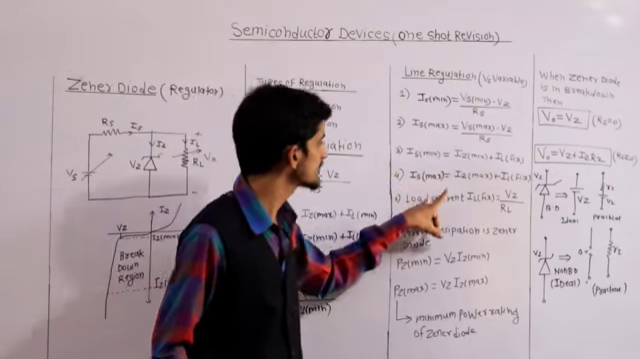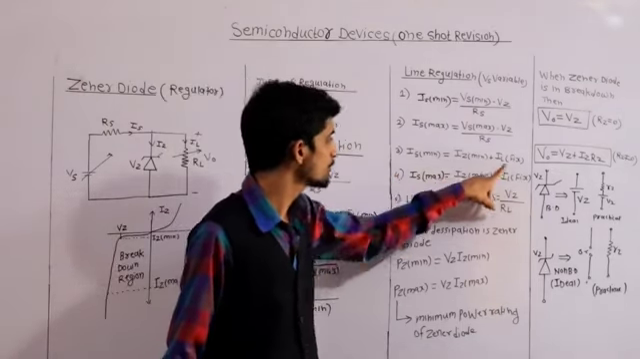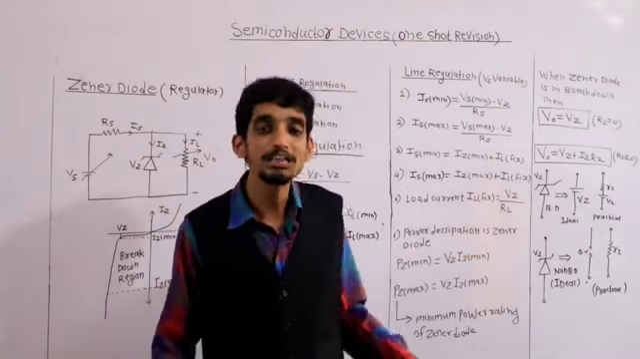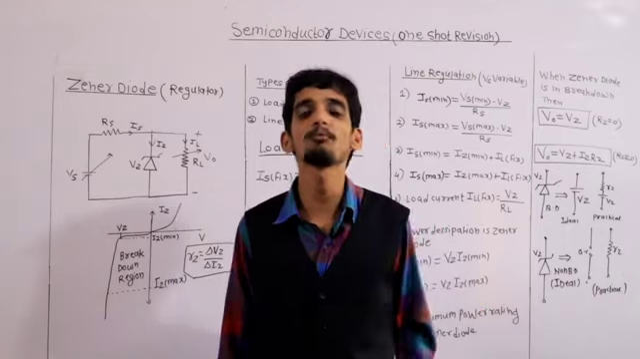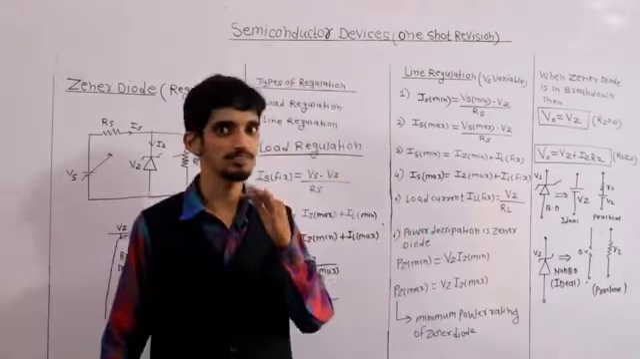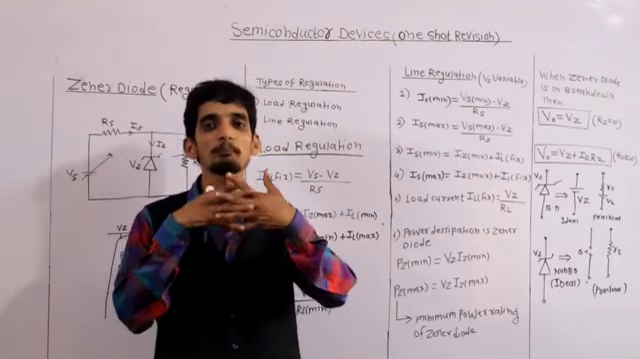So Is maximum is Iz maximum plus IL fix, and Is minimum is equal to Iz minimum plus IL fix, and load current IL fix is Vz by RL. So in this case there is no maximum or minimum load current because load is fixed. Now power, this is also important because in examination you will find a question related with power and